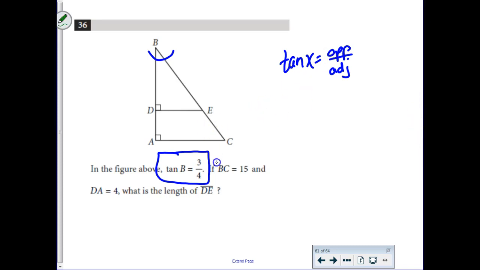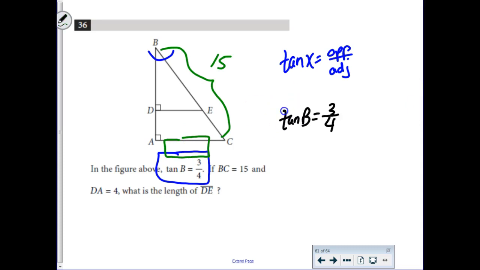It does say that BC, which is the large mama hypotenuse, is 15. Okay? So that's kind of helpful because that's part of our tangent ratio, right? Can you guys help me out with this? If the tangent of B is supposed to be 3/4, and I look at the mama triangle, that would be like mystery thing over